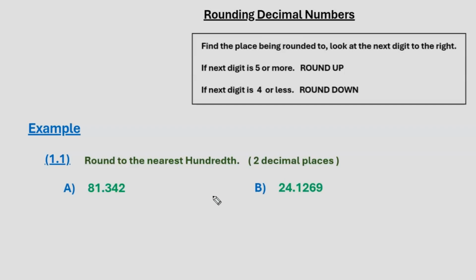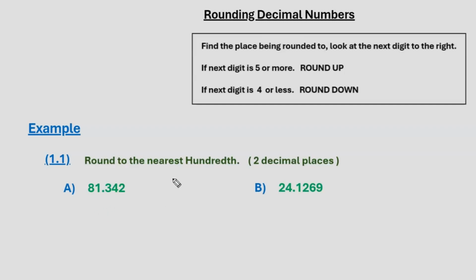When we want to round decimal numbers in math, we look to find the place that we are rounding to, then we look at the next digit. If it's 5 or more, we round the decimal number up. If it's 4 or less, we round the decimal number down. So let's look at example A,